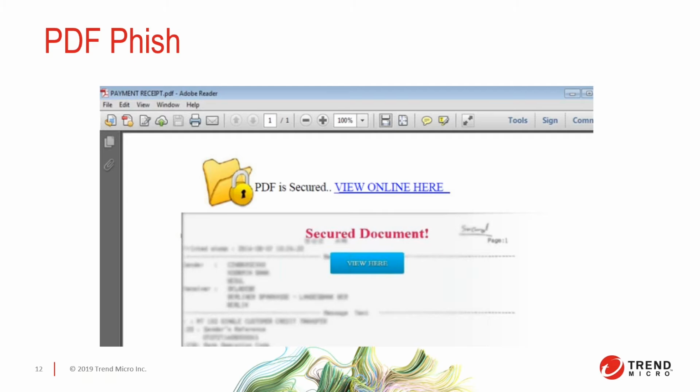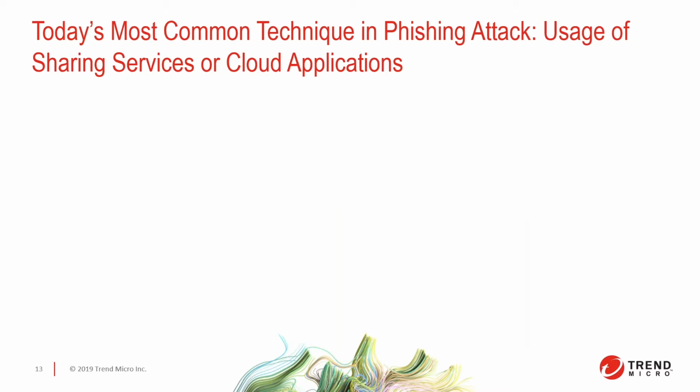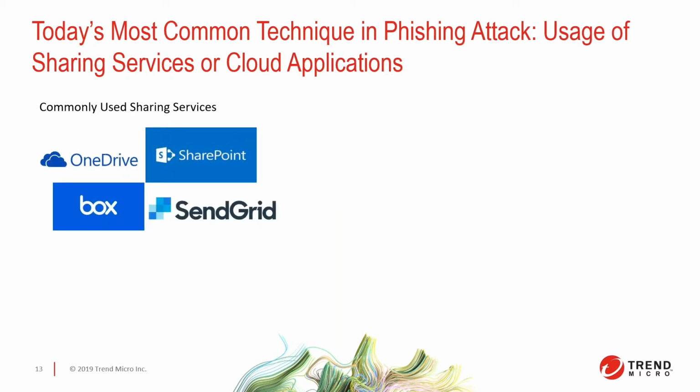The thing about this is that inside the PDF file would be a phishing URL link. Last year, we observed through our analysis that an arrival vector increasingly utilized is cloud services. Commonly used sharing services such as OneDrive, SharePoint, AppBox, and SendGrid are used to propagate malicious intent and phish URLs. One will receive a link for the PDF file that deceives the user into downloading or opening it, only to be infected when the URL is clicked.